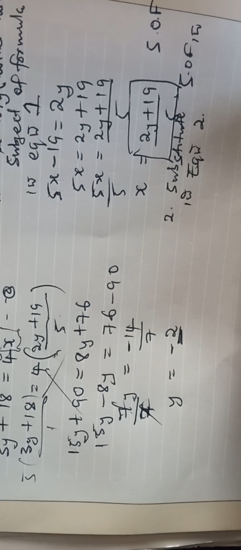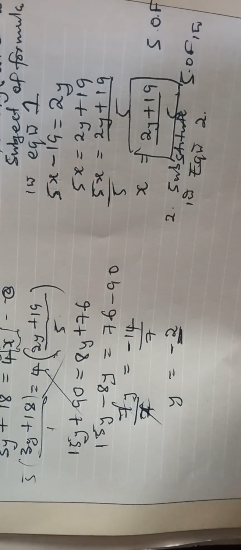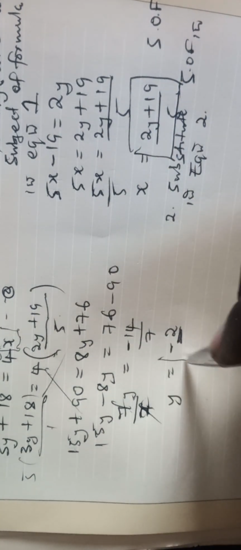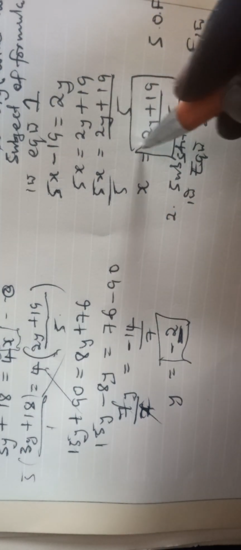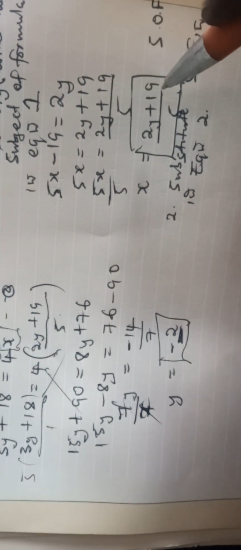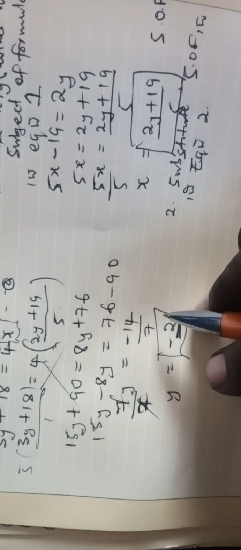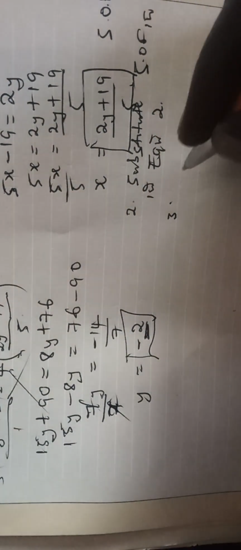So this is how we solve simultaneous equations using the substitution method. So this was the second step of substituting the subject of formula in equation 2. But if you look here, we only have the value of y. When we look at x, we've got an expression of x, or something that has been expressed in terms of x. So now for us to find the value of x, this is going to take us to step number 3, which is to substitute